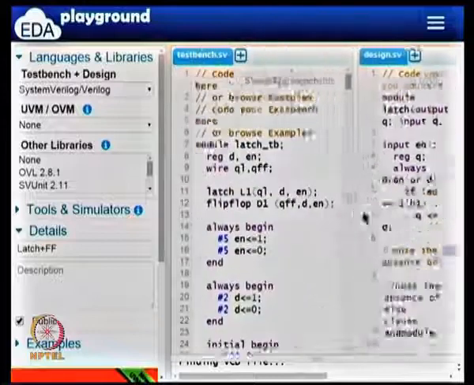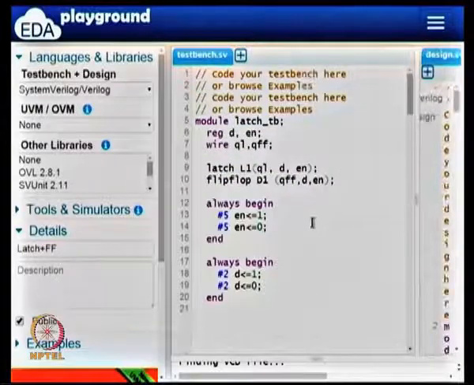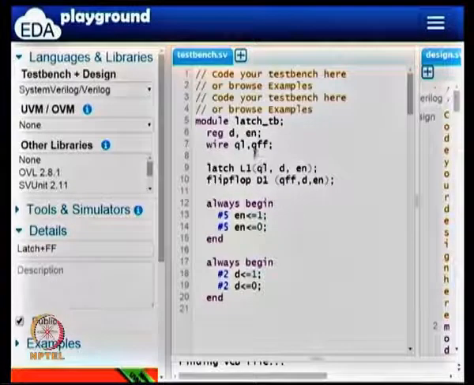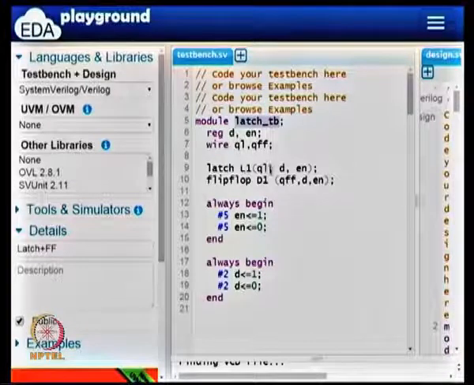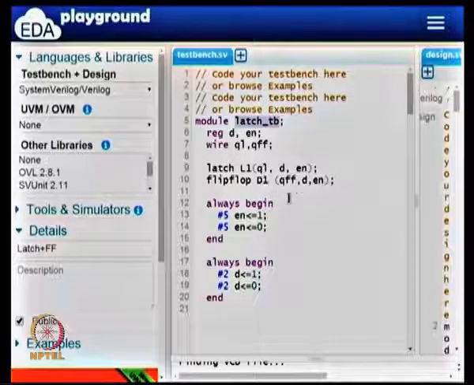I have also written a test bench for this. This is actually a test bench for both a latch and a flip flop. I have instantiated a latch here and I will call the output of the latch QL. I have instantiated a flip flop here and I am going to call this flip flop's output QFF.